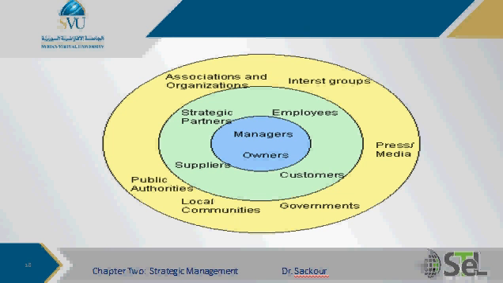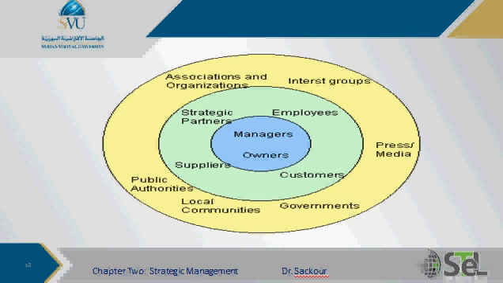Owners, what do the owners want? The owners want benefit from their shares and more profit from their shares. Let's say suppliers, what do they want? Suppliers want to provide you with products at high prices. Is that right? Press and media,